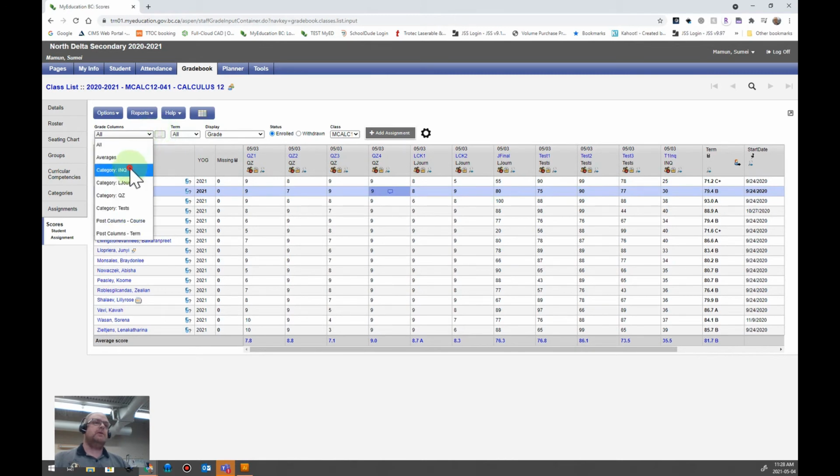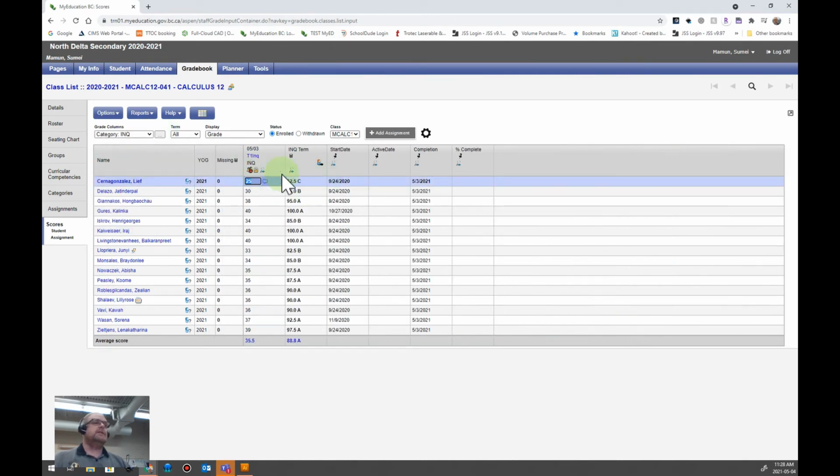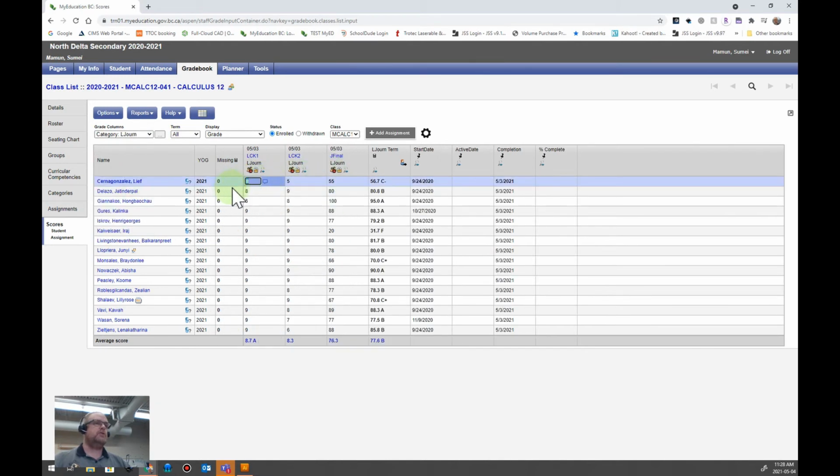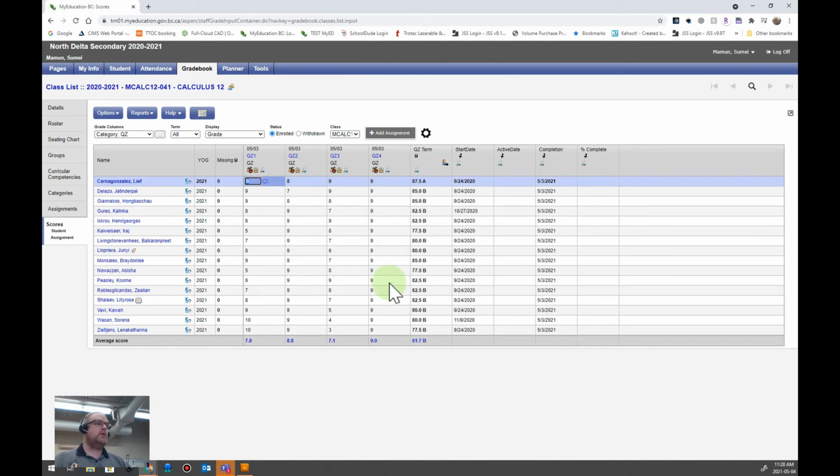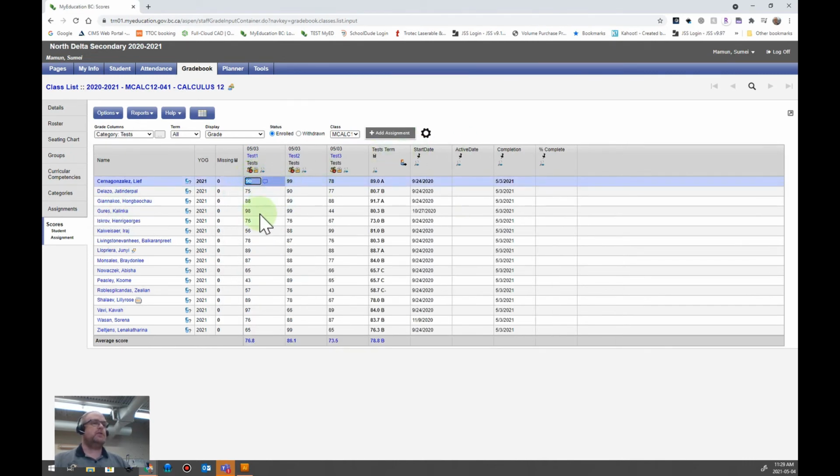And you can also look at different categories to see the term grade for each category. Inquiry only has one assignment, but for example, Learning Journal has 2 small assignments and a big assignment. You can see how that category stacks up as well. And if you look at your quizzes, we have 4 quizzes on here. They're only counting for 10% of the marks. We can talk about whether quizzes should be added for marks later. That's a totally different conversation. And then we have our unit tests here, which were all out of